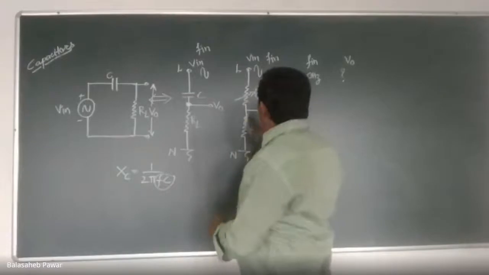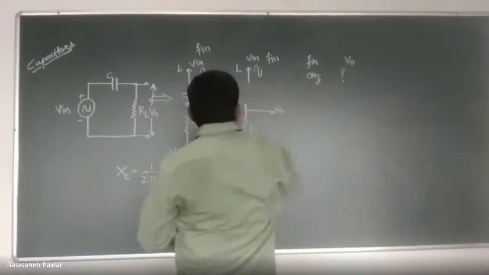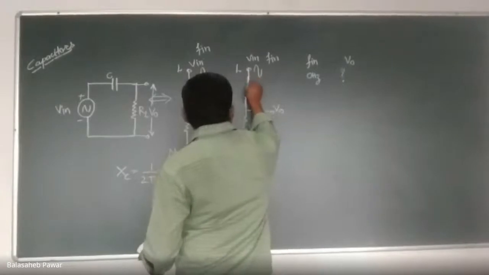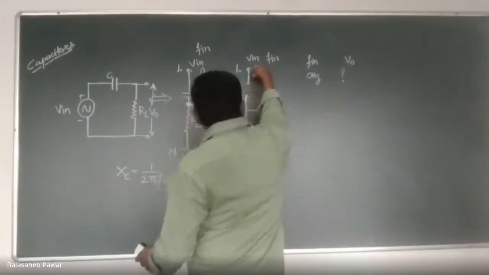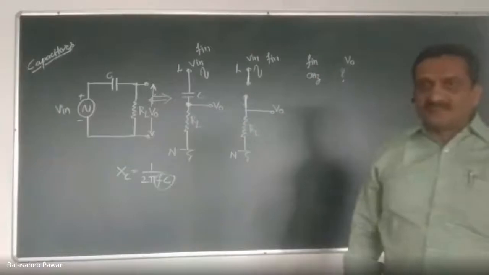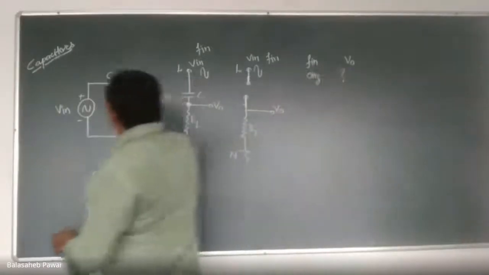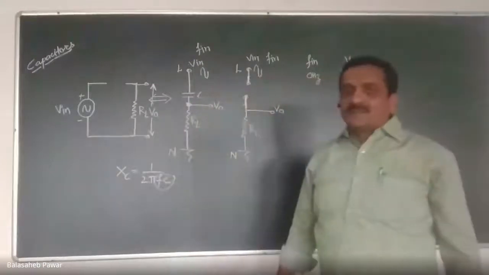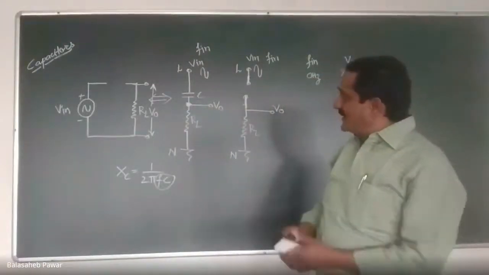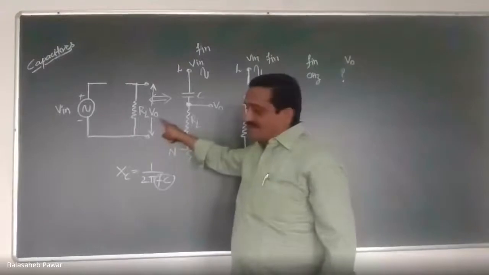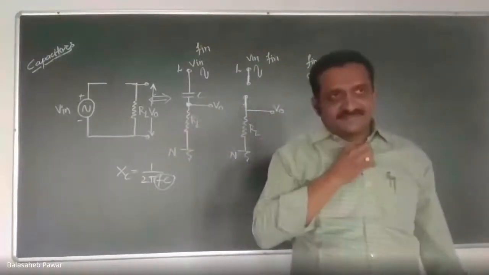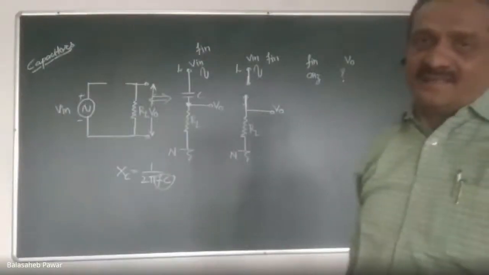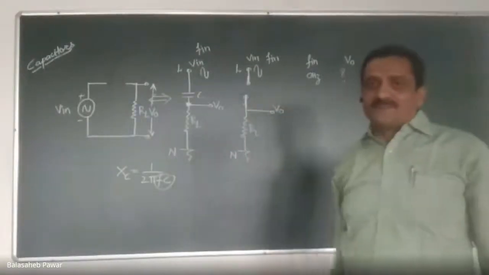Now remember, infinite reactance means this capacitor will act as an open circuit. There will be no path for the flow of current through it. Here also you can show it like this, you can open it. The reactance offered by that capacitor will be infinite. That means it will act as open, and hence how much will be the output voltage by the application of input V in? How much will be VO?